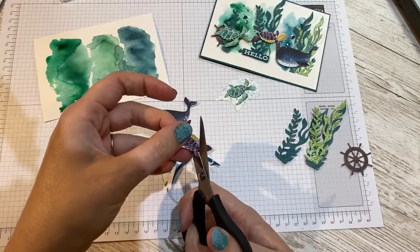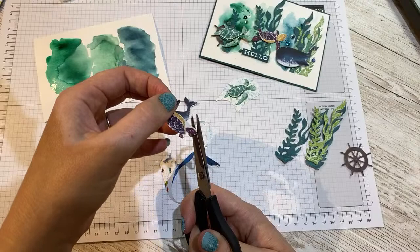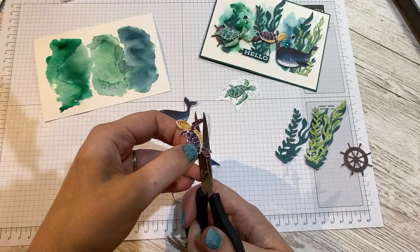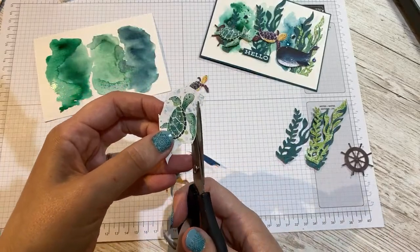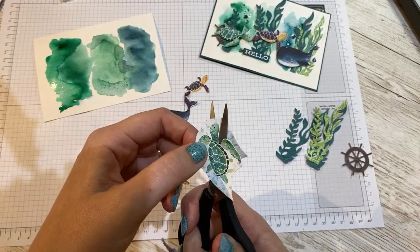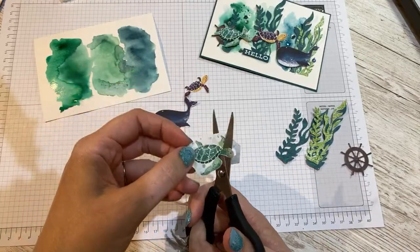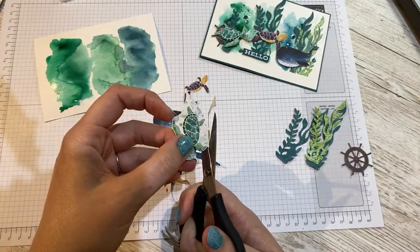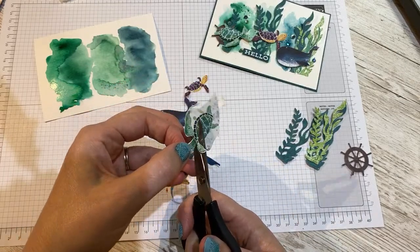Hazel says after seeing yours, you see the paper is just, it's got to be done, hasn't it? It's gorgeous. So I've got that one. There's so many beautiful papers in that pack. You'll get plenty, and especially as you live by the coast as well, Hazel, it's a perfect theme, isn't it? So if we cut this out,